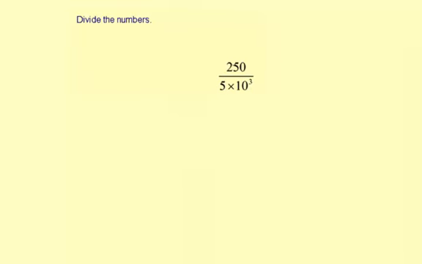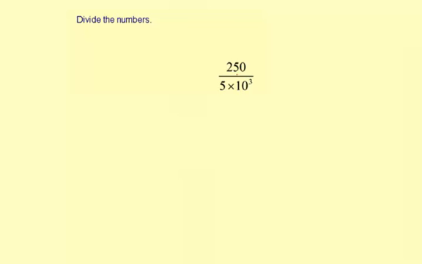Divide the numbers. So we have one number that's in decimal notation and one that's in scientific notation. Now instead of running straight to the calculator, let's see if we can figure out a way to do this. What you want to do is make it so both numbers are written the same way. You can either write them both in scientific notation or both in decimal notation. Now I'm going to write them each way and then compare to see which one might be the easiest to